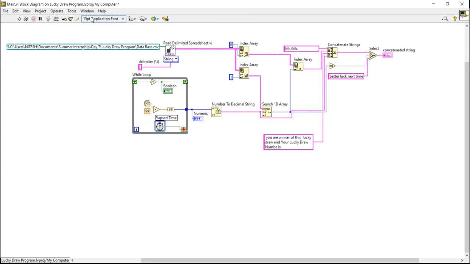One is this portion, and another one is elapsed time. Please design, take your time, take 5 to 10 minutes. Please try to design the program.